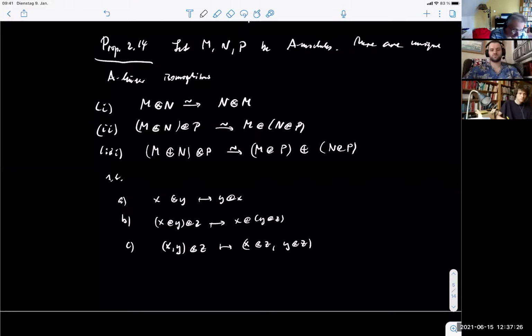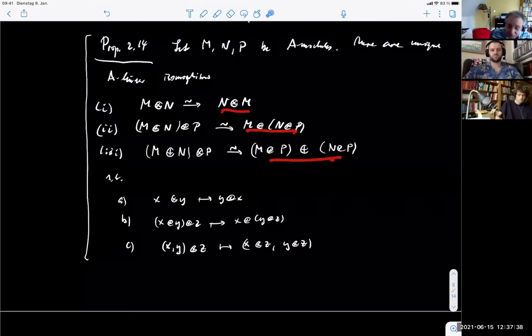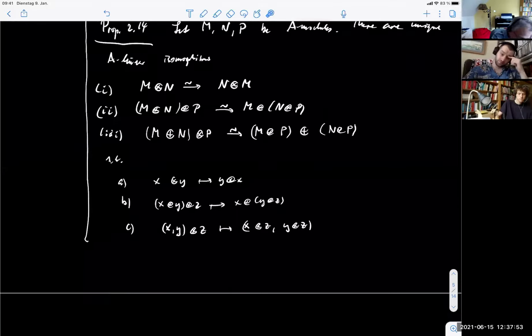Okay. So this is this proposition. Up to canonical isomorphism, I have commutativity, associativity, distributivity. So it means I get the calculus. Okay, I get a calculus which is very much as we know it from other places in algebra. So this proof is way boring, but